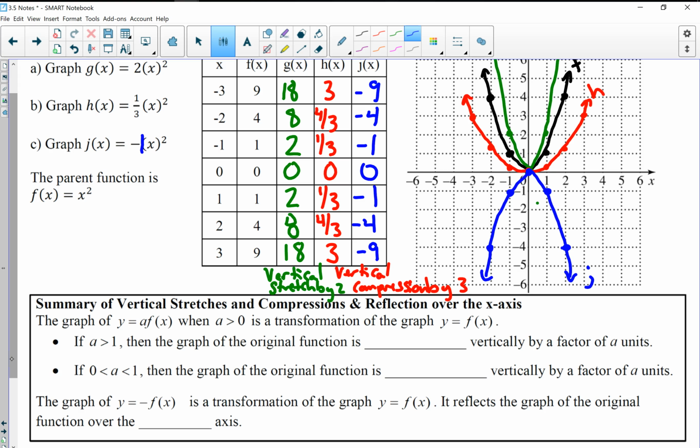So if we go ahead and go through our rules here, when we're multiplying a number outside your parent function, that's going to be a vertical change. When that number is greater than 1, right? That's what we mean by that A. That A is a multiplier. So like in the instance of when we multiplied by 2, right? 2 is greater than 1. When your multiplier is greater than 1, that's going to be that vertical stretch